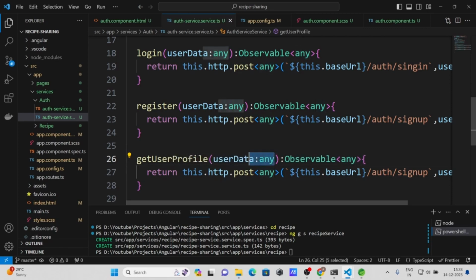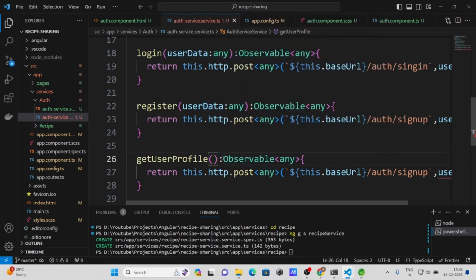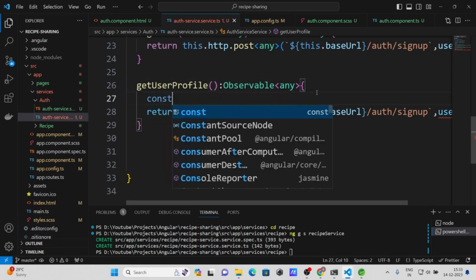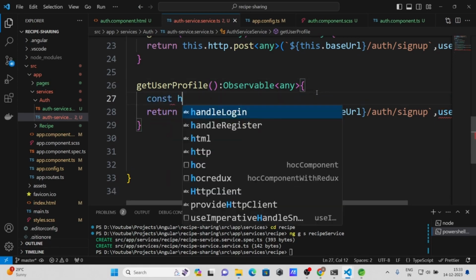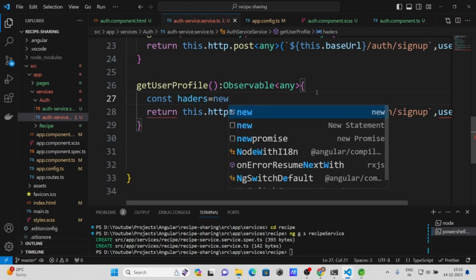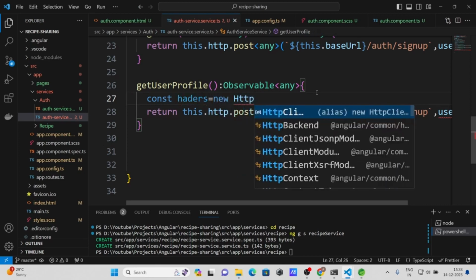Okay, for get user profile we don't need to provide any data from the client side. Now let's write here headers, because we need to send headers inside this method. So new HTTP